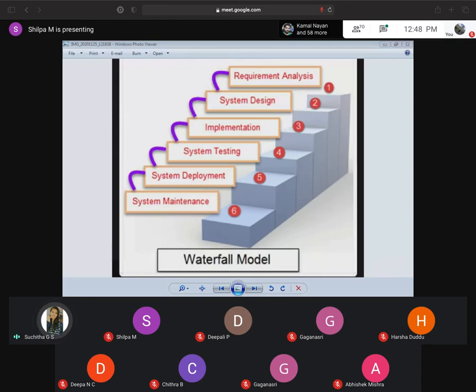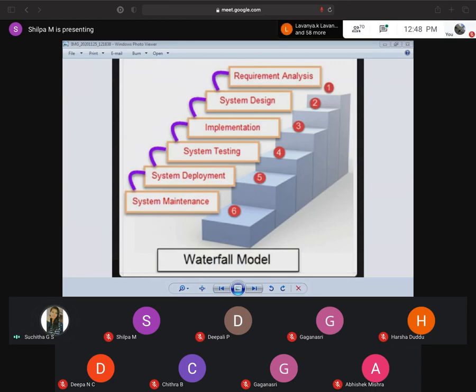It is very simple to understand and use. In a waterfall model, each phase must be completed before the next phase can begin, and there is no overlapping in the phases. Next, requirement analysis. The system services, constraints and goals are established by consultations with system users.